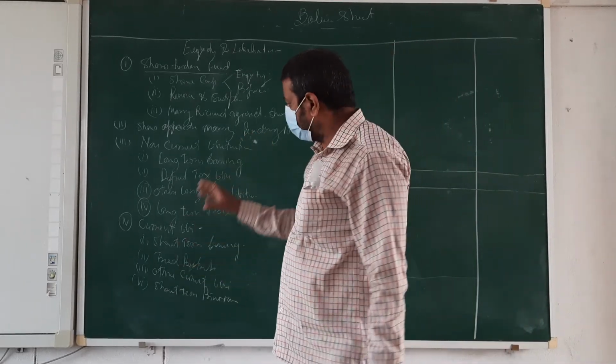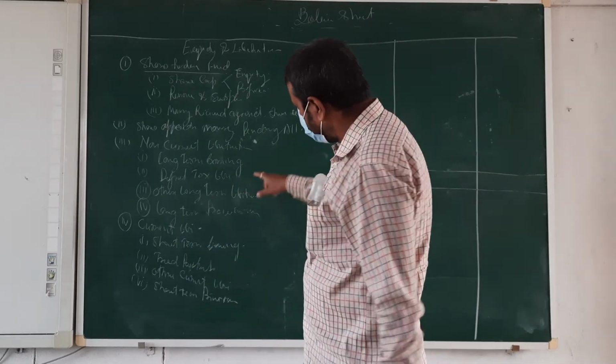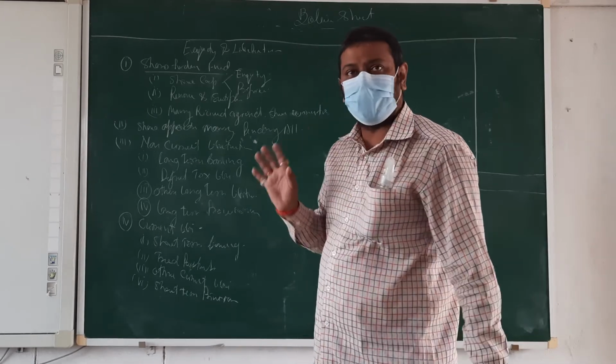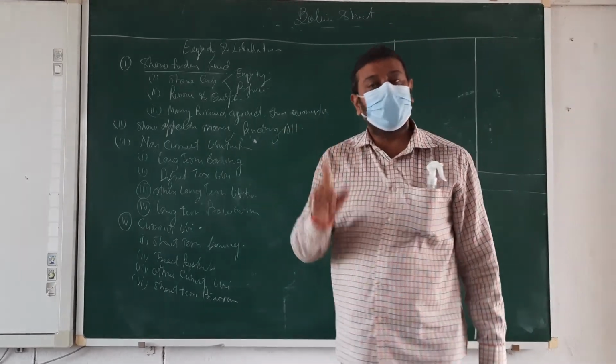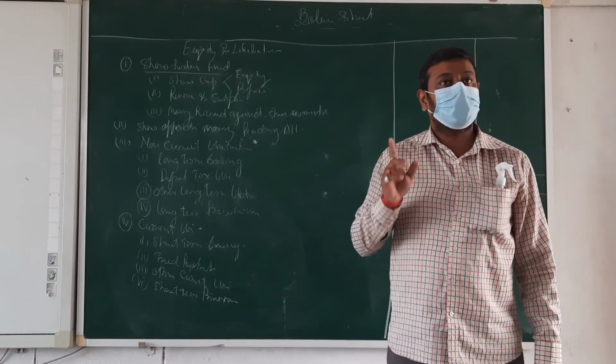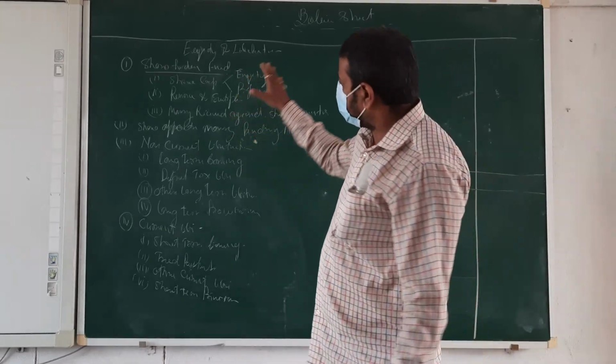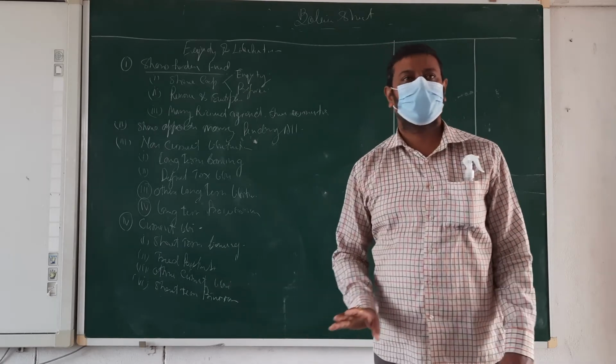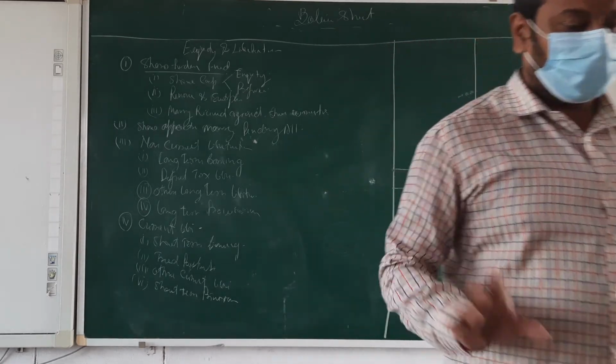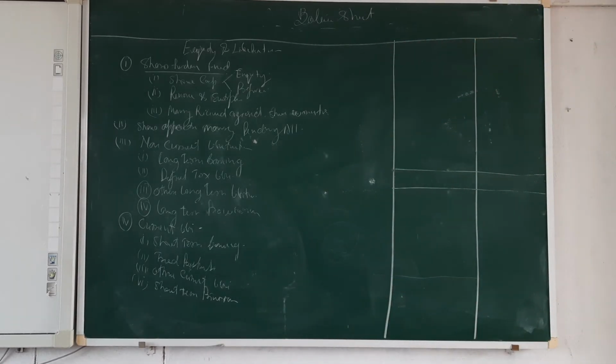Then for assets: for any fixed assets, just see whether that fixed asset comes under these four heads or not, and which head it is related to. That we are going to see. Clear? Are all four clear or not? See it again. If there is any problem, tell me.